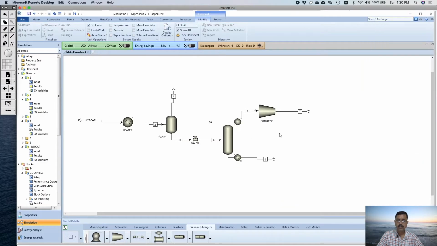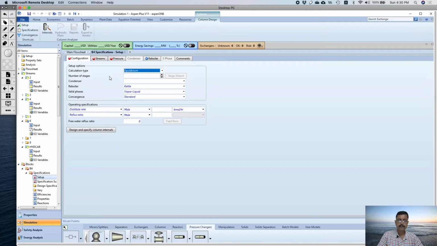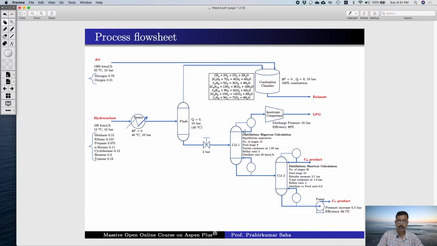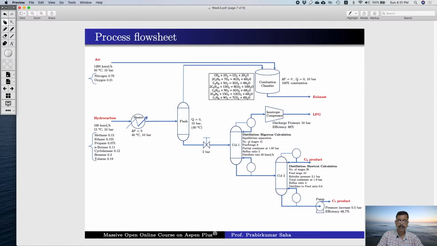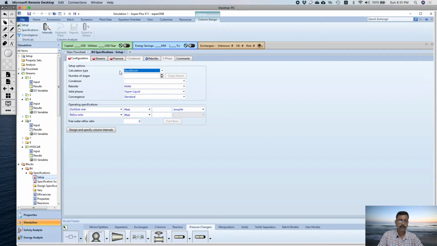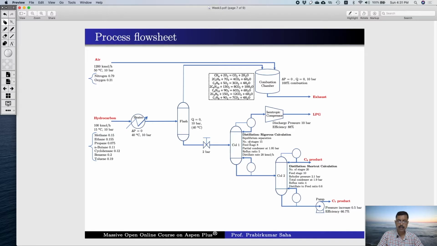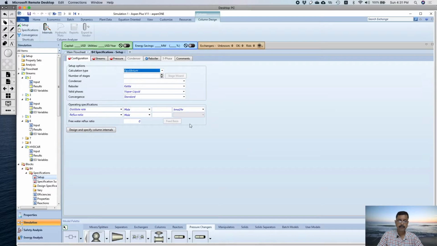Now again we perform the simulation with the next button. Well, we have to specify the distillation column specification. So what are the specifications that we have? Distillation, that will be rigorous calculation. So it will be equilibrium separation. So we keep it equilibrium. There will be 15 stages. So we write here 15,